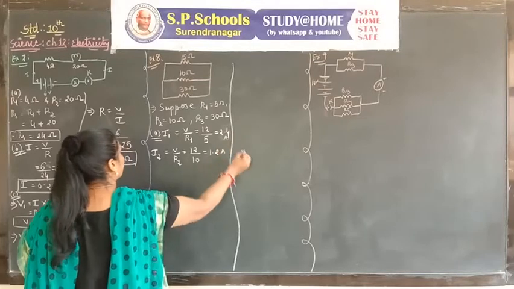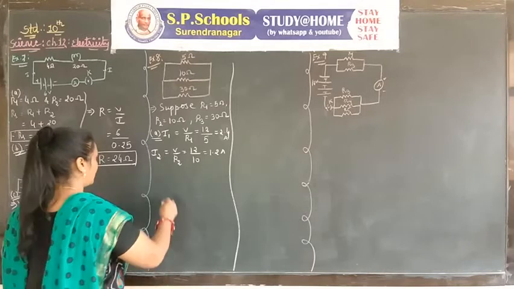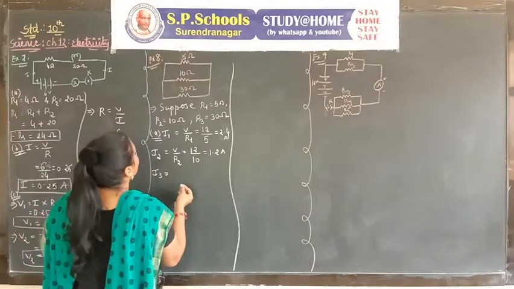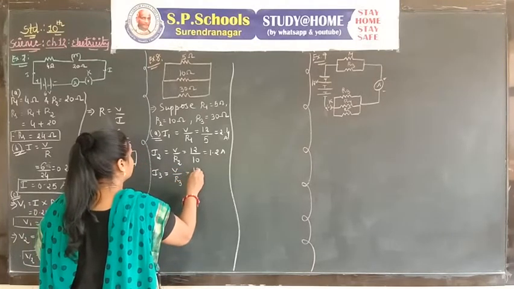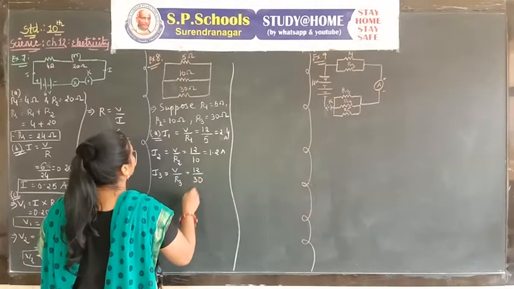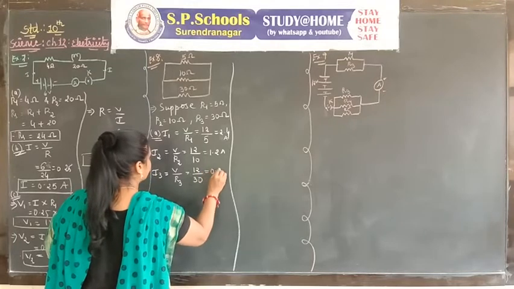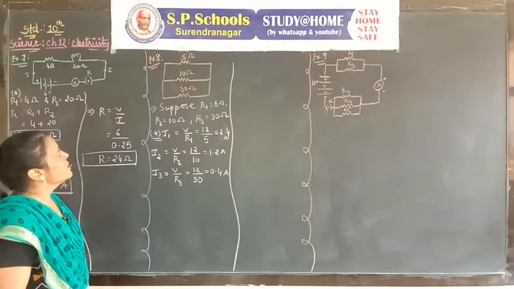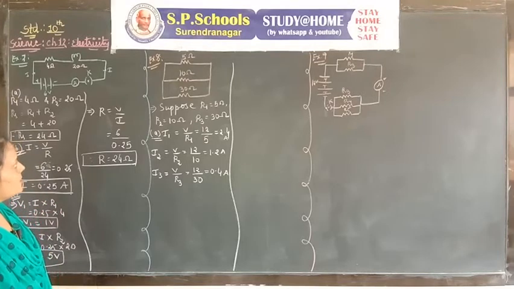You have to write ampere at the end of all values. If you find I3, V upon R3, V is 12, R3 is 30. So you find 0.4 ampere. You already know, as shown in the circuit, all the resistances are arranged in parallel combination,